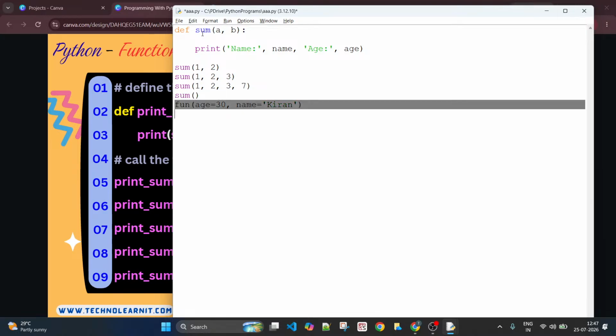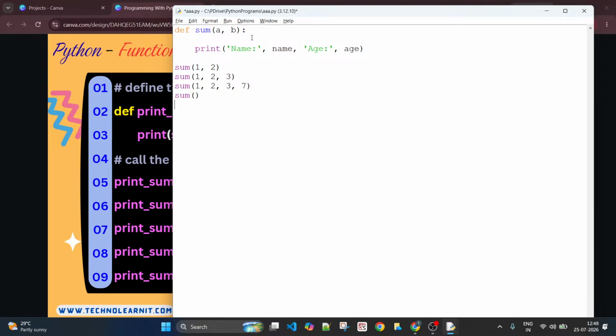How do I make this function work in all these cases? It's just one function, but the number of arguments is changing every time. Then how can I write generic code here? That is where you should use star and give some name, args or arguments or whatever you like. For now, I'm just going to print args. I'll just show you what happens. You can observe now whether it is capable of reading all these arguments or not.